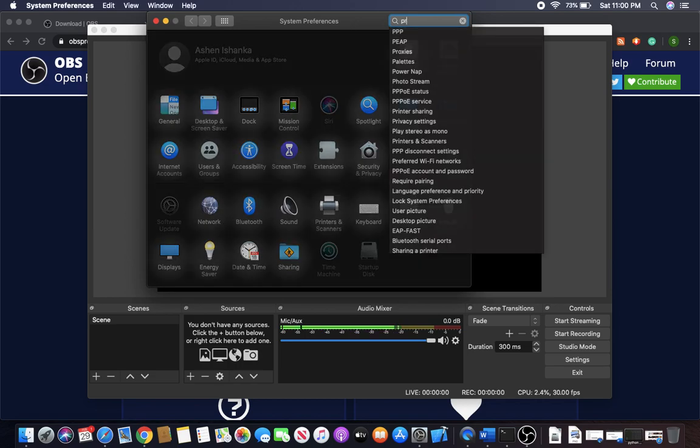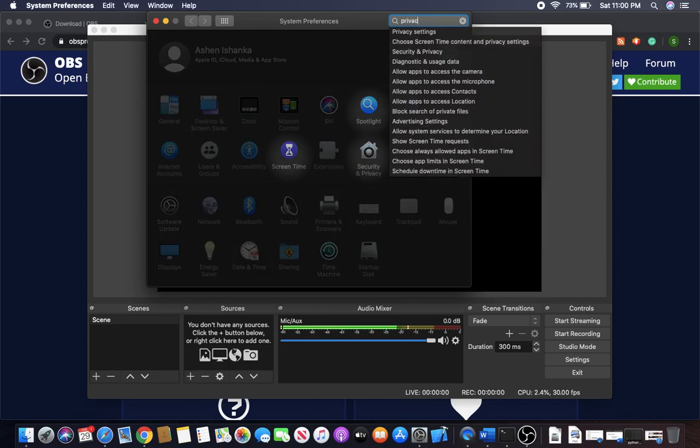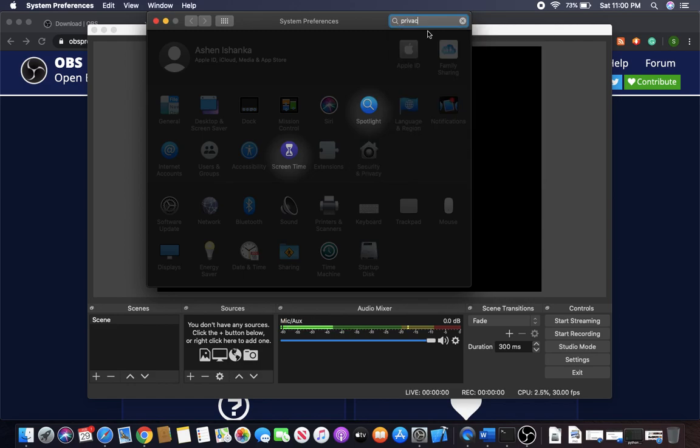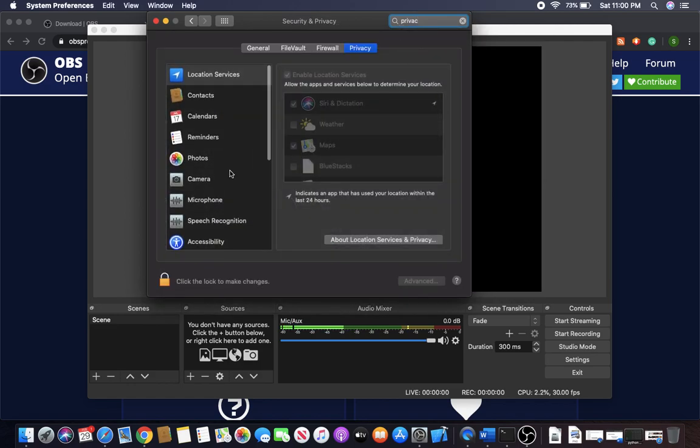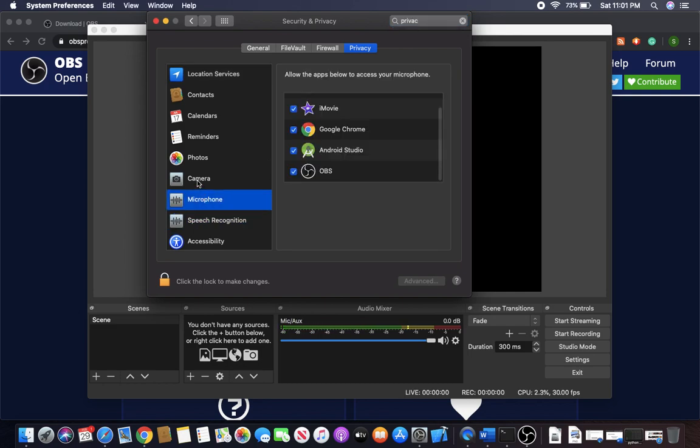We have to search for privacy. Please search for privacy settings, and then go there. Now you are able to see here OBS is allowed in microphone,